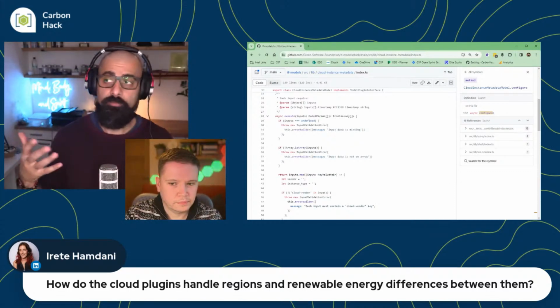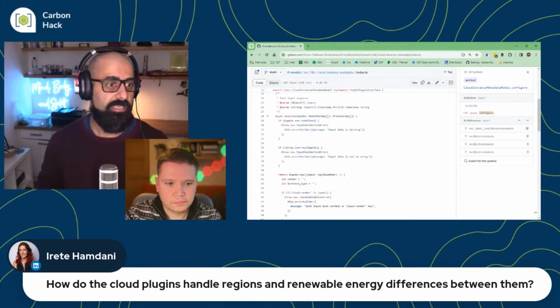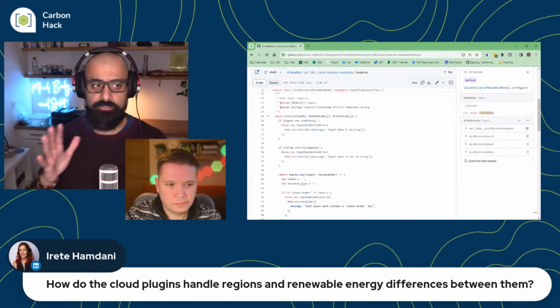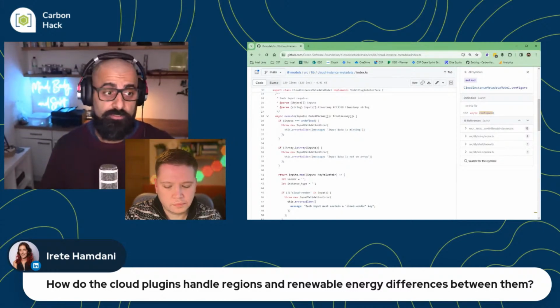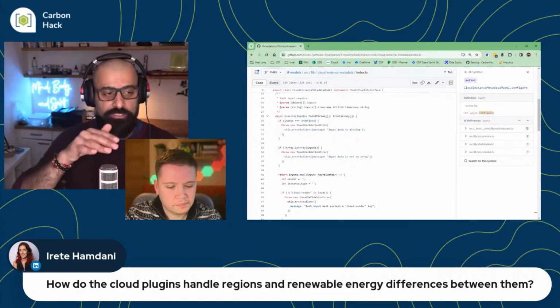But again, let's say your data center has a solar panel on the top. Do you want to include that? Do you not want to include that? Do you want to include PUE, like power usage effectiveness, how efficient your data center is? These are all micro model plugins that you can generate and then slot into a pipeline to get you the calculation that you want.